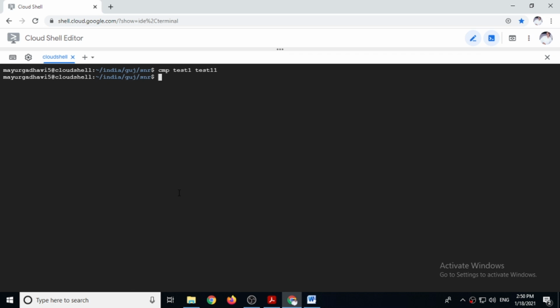It will not display any message. But if both the files are different, say for example CMP test1 test2, then it will display where the difference is. So on byte 13 line 1, both the files differ. So this way we can come to know whether the files are equal or not.